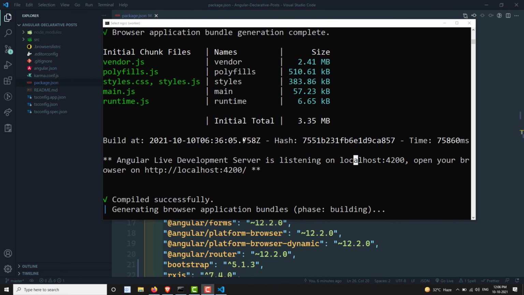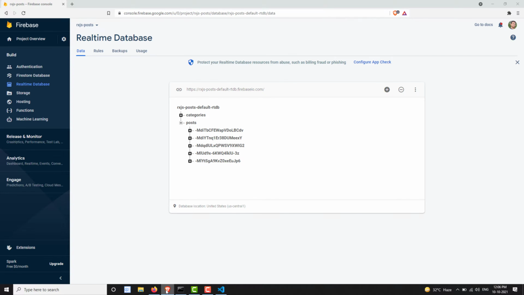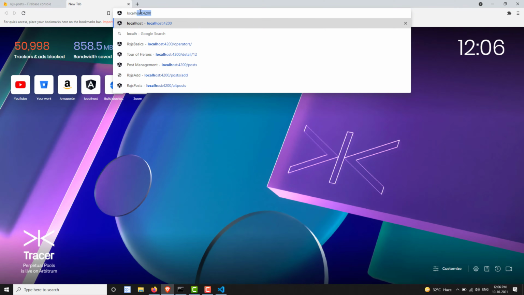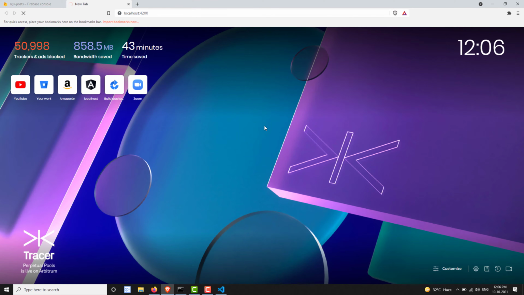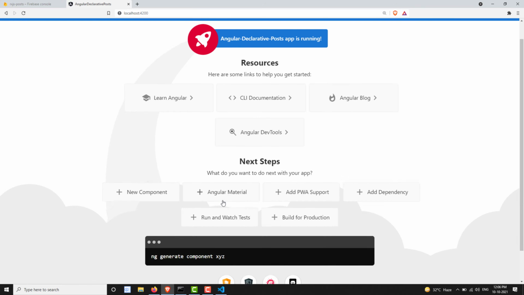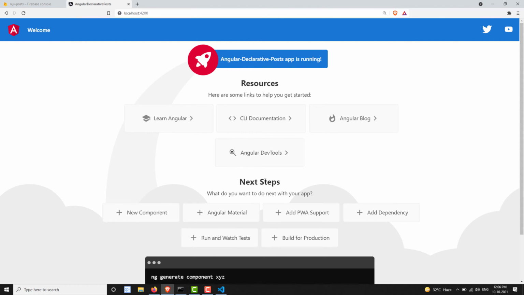Now let's see the output. If I open localhost:4200, let's see the output here. It is trying to open. Done. And if you look, this is the project. So we have successfully set up the project.